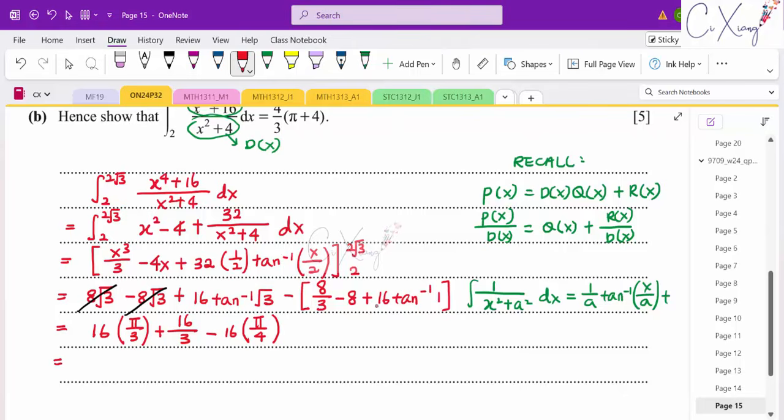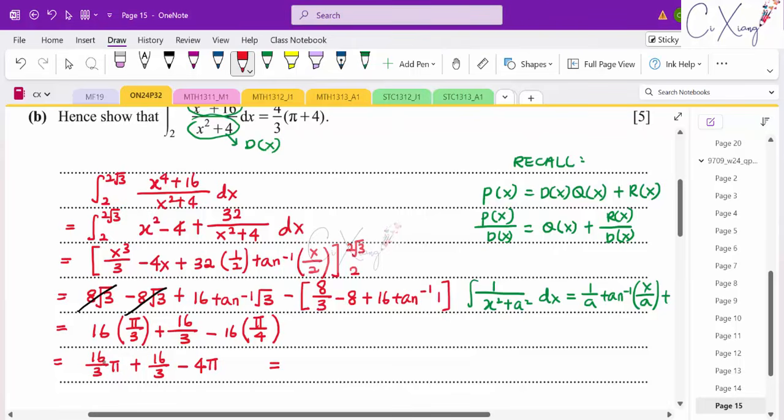Okay, then next one, let us try to simplify it. So I'm having 16 over 3 pi plus 16 over 3, then minus 4 pi. Okay, then when I try to add 16 over 3 pi to negative 4 pi. Okay, so what do I have here? So I will have 4 over 3 pi